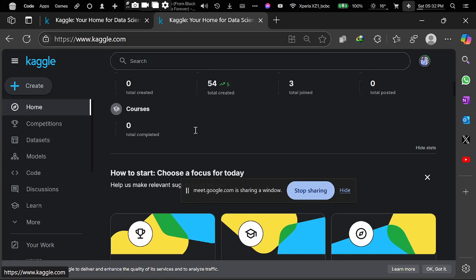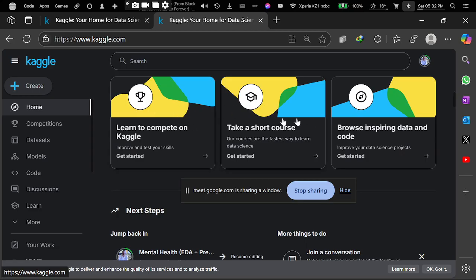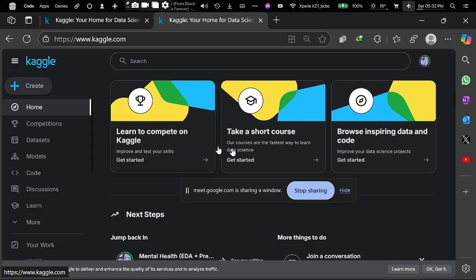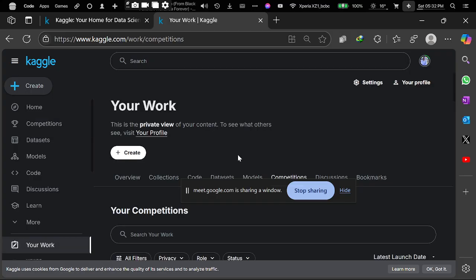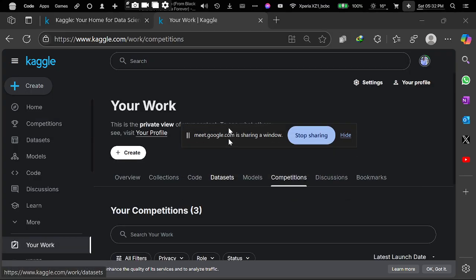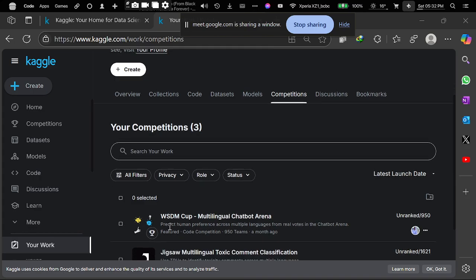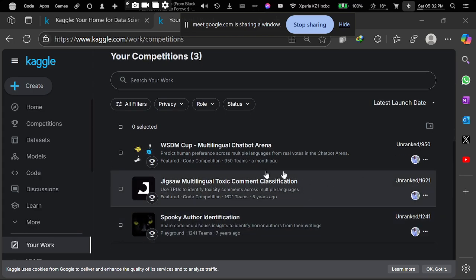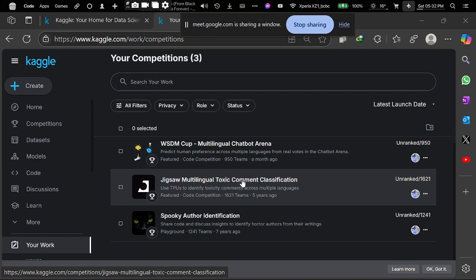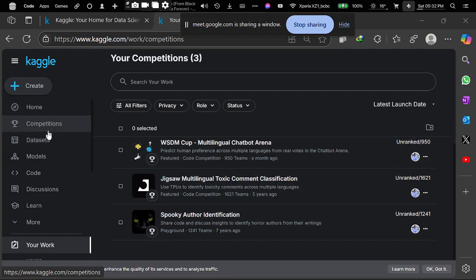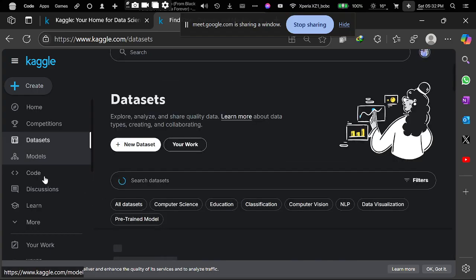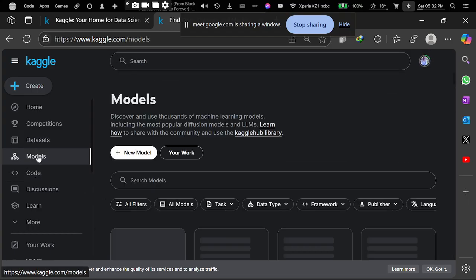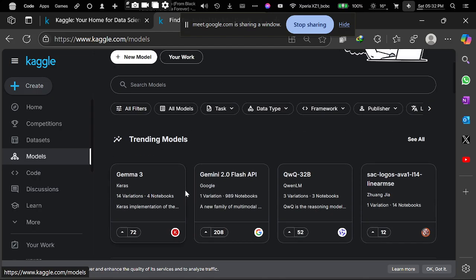So in Kaggle, you can take self-paced courses. They are free here. You can go in the competition if you want to compete with your data science and machine learning skills worldwide. Data sets, you can get the pre-trained models that you can imitate, so that you can